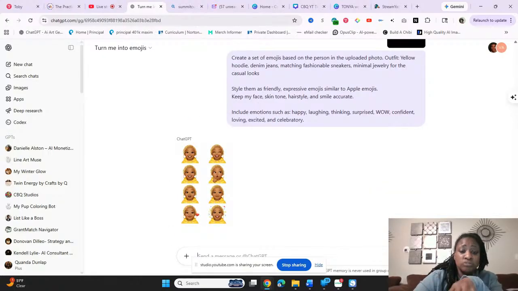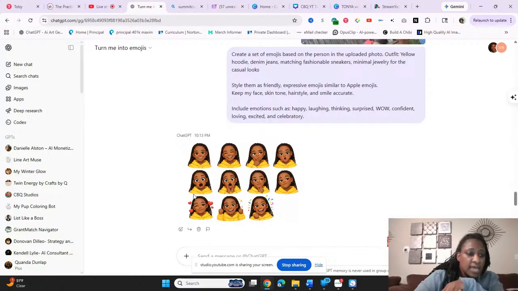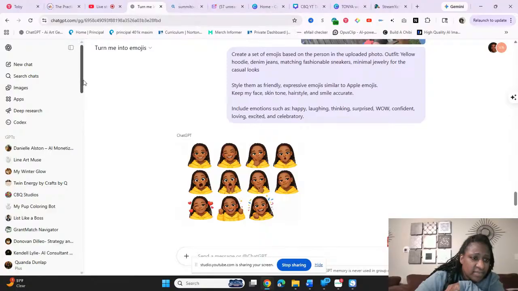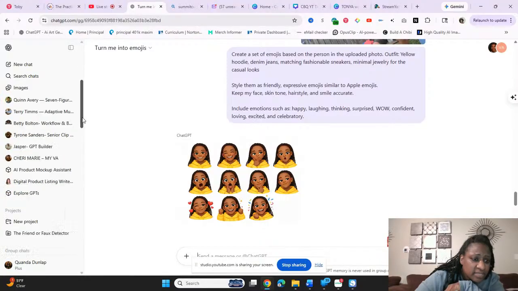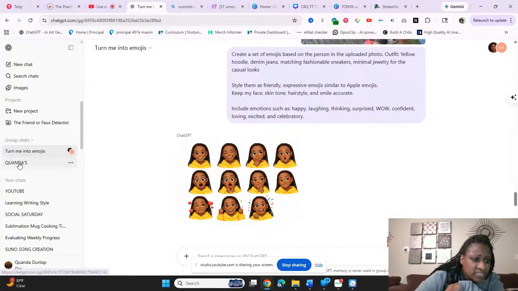So I put my emoji stuff in this thread. And the other group chat was me testing it out. These are all my GPTs. Most of them I made. So my name, and this is just a test when you was able to actually do a group chat.